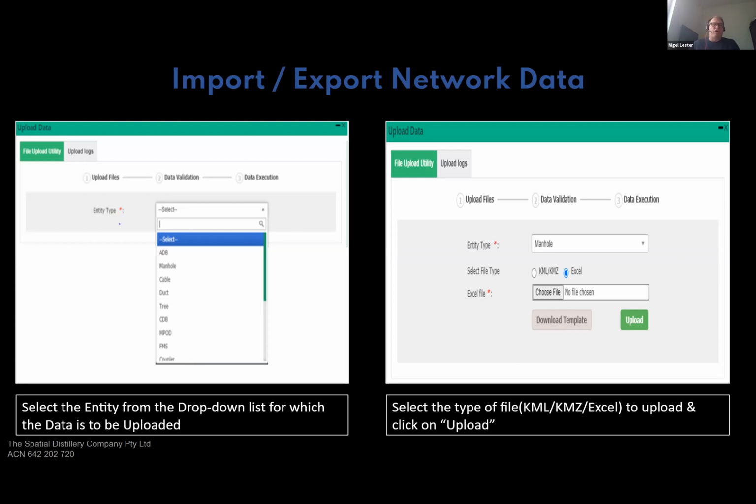So if you've got any data in CSV, shapefile, KML, KMZ, tab files, you can import and upload that data yourself into Network Access, so we make it very simple to get up and running. We also allow you to export the data because sometimes you need to be able to move that data out, maybe provide it to third parties. So Network Access and Smart Inventory is a very open platform in terms of both importing and exporting data,